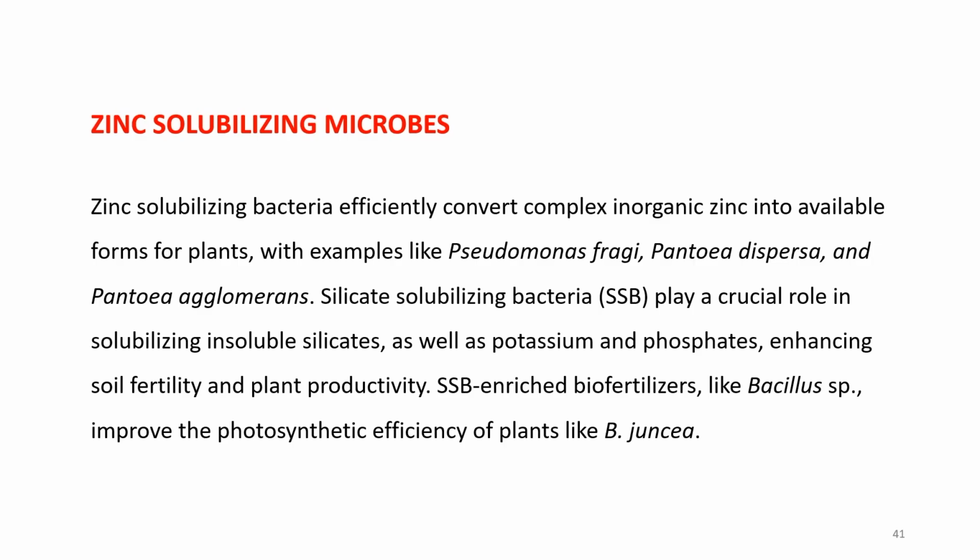Silicate solubilizing bacteria play a crucial role in solubilizing insoluble silicates as well as potassium and phosphates, enhancing soil fertility and plant production. The silicate solubilizing bacteria and biofertilizers like Bacillus species improve the photosynthetic efficiency of plants like